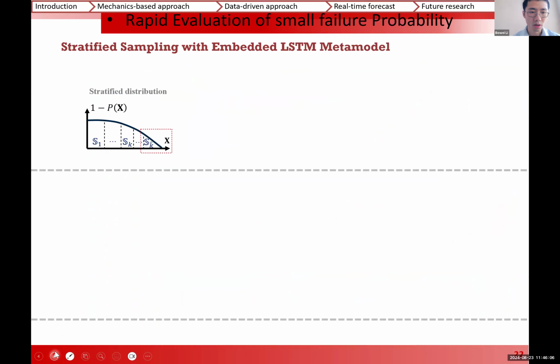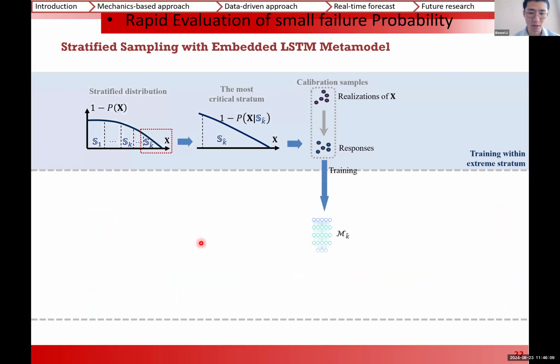Okay, and now what we have done is to integrate the meta-modeling scheme with a stratified sampling scheme to enable efficient estimation of small failure probability. The stratified sampling scheme is designed to sample, for example, the hazard curve, the rare events, and enable us to evaluate small failure probability without considering too many samples. And the meta model that we have is designed to accelerate the single analysis for a sample,